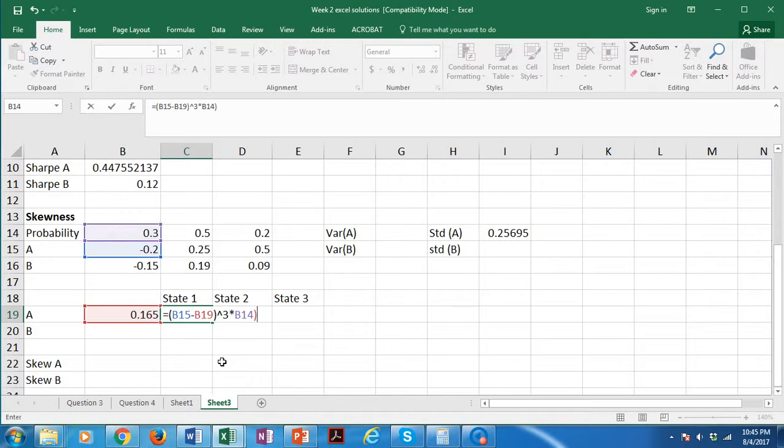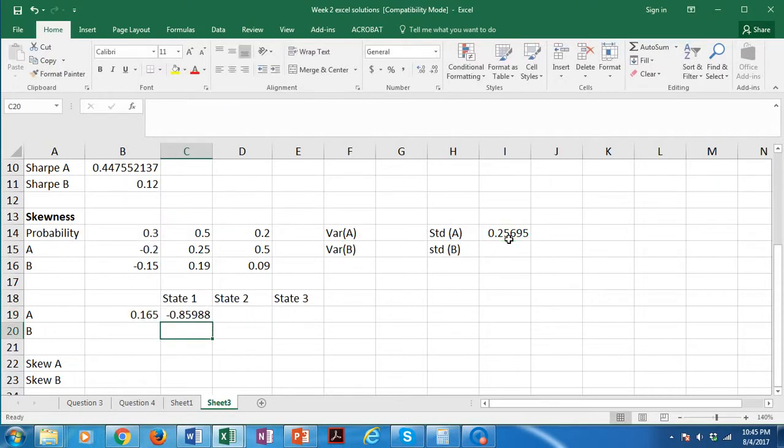Now this is the whole part. We put this whole part within a bracket, then divided by standard deviation, and we have to put a cube for standard deviation as well. So that's the skewness for state 1,